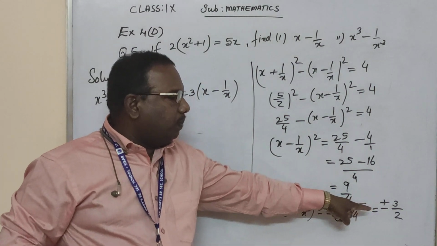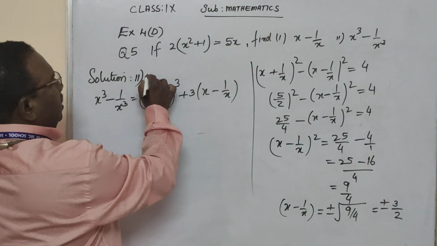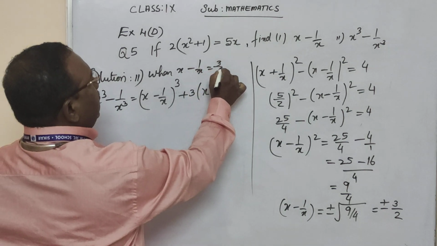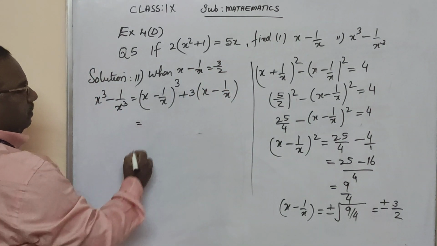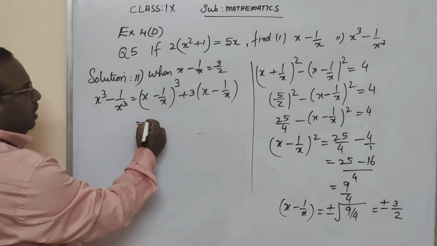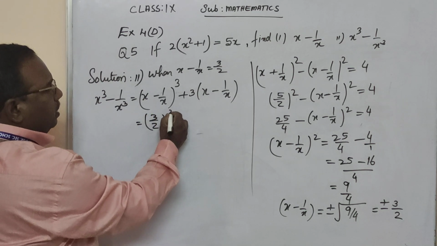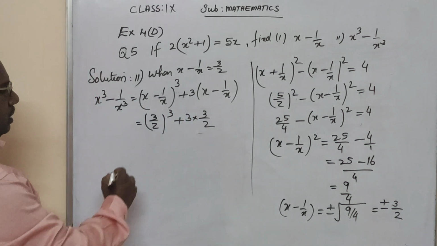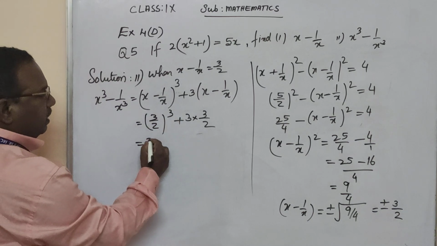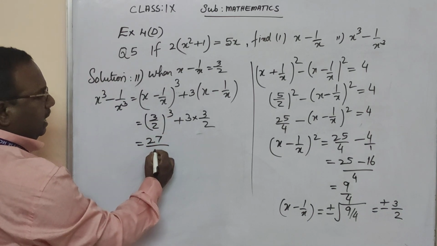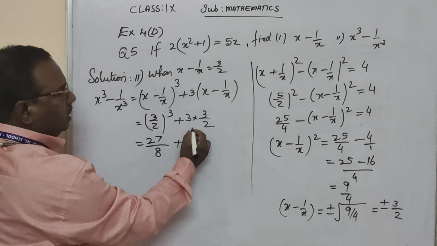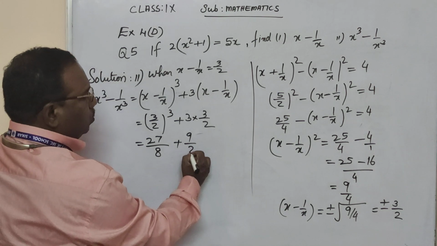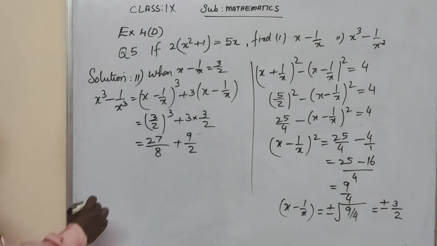So when you consider plus or minus, consider the plus value first. When x minus 1 by x is equal to plus 3 by 2, we have (3 by 2) all cube plus 3 into 3 by 2. This is 3 cube is 27, 2 cube is 8, plus 3 into 3, 9 by 2. Then this is equal to,